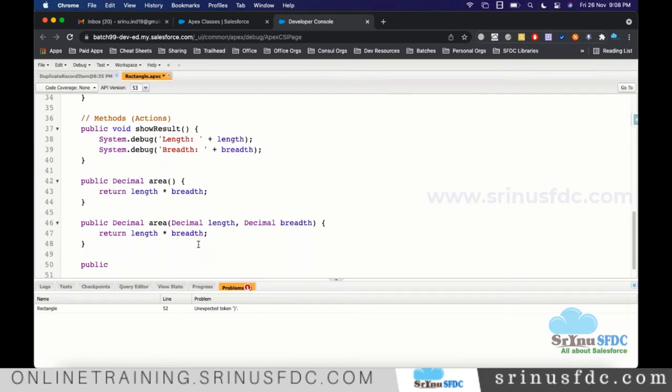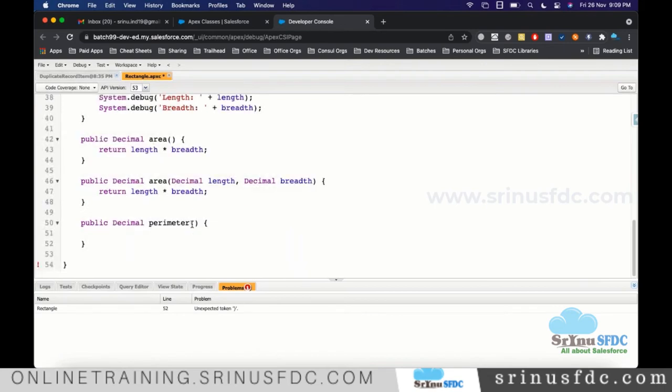Is there any scenario where we need the return value? If there is a need, we mention which type. The result will also be of decimal type. The method name, perimeter, is the name of the method. Here I'm not defining any parameters.